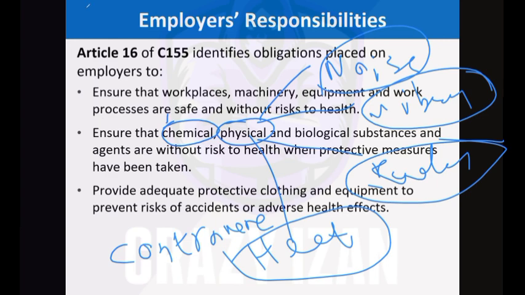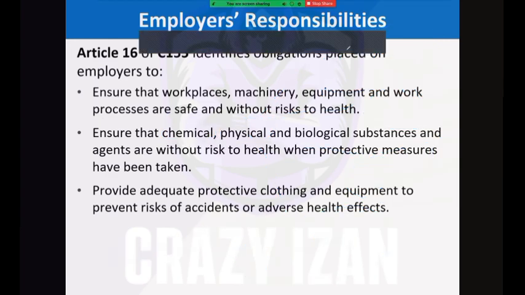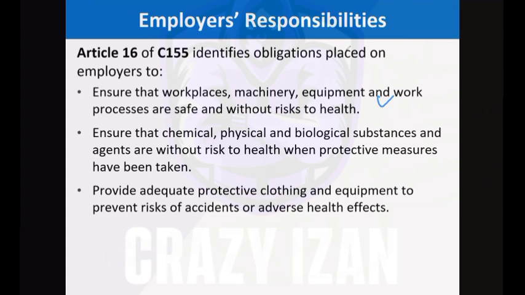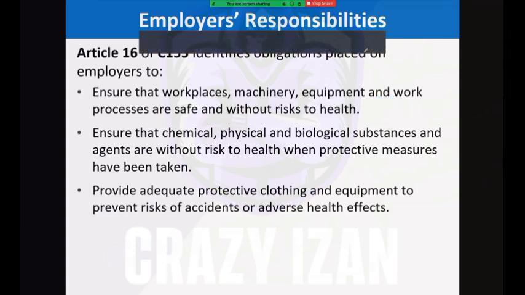So all of these things are part of the employer's responsibility. And if he does not fulfill these responsibilities, it means he is in contravention of the law and he can be prosecuted. Okay. So that is very, very important. So as you see, from one of these items we can make 1, 2, 3, 4, 1, 2, 3. So we can make 5, 6 points out of each of these points. Okay. So this you need to keep in mind when you attempt the paper as well.